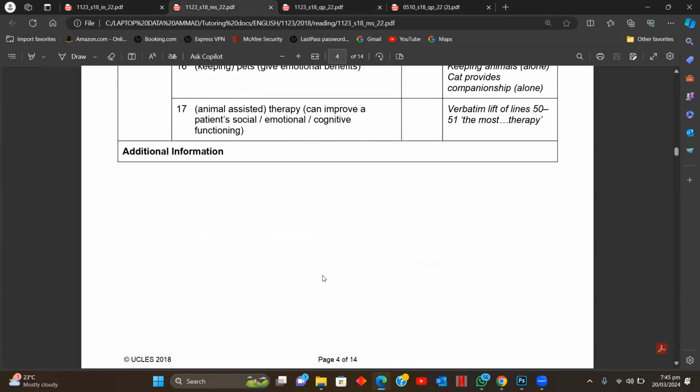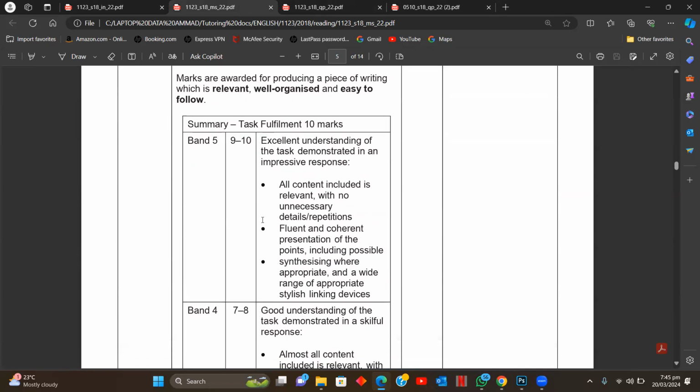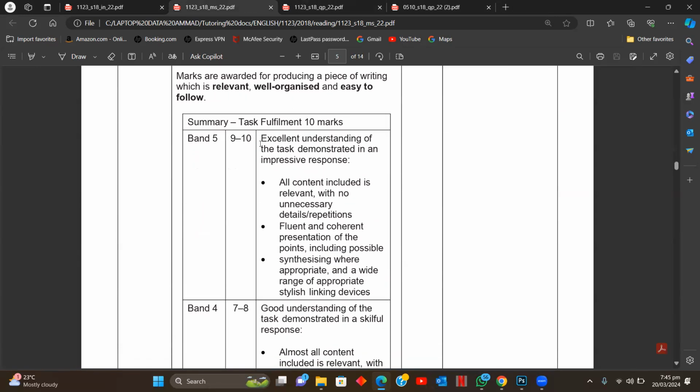If you look at the marking criteria, if you want to score the highest band, which is 9 and 10, your summary needs to, number one, have all content included be relevant. You need to have all the content points included. No unnecessary details or repetitions. You cannot add details on your own in a summary. All of the detail that you earlier picked up in point making, only that detail has to be a part of your summary. It has to be fluent, coherent,